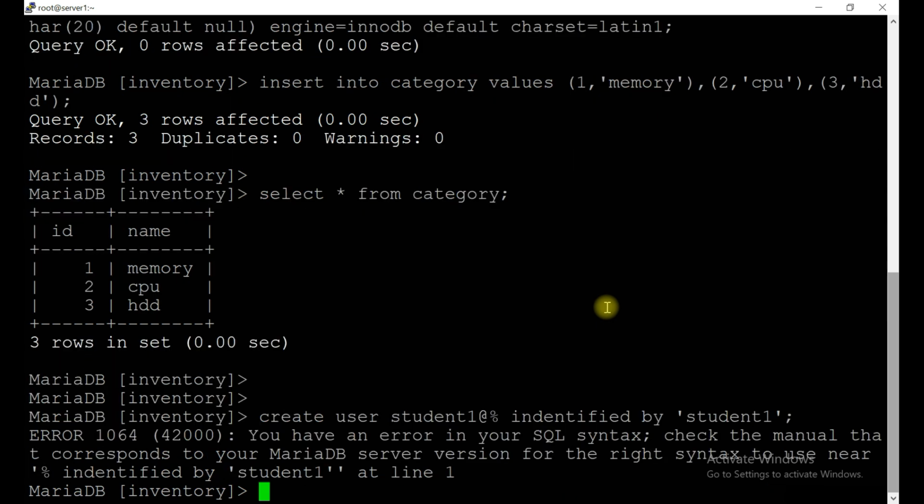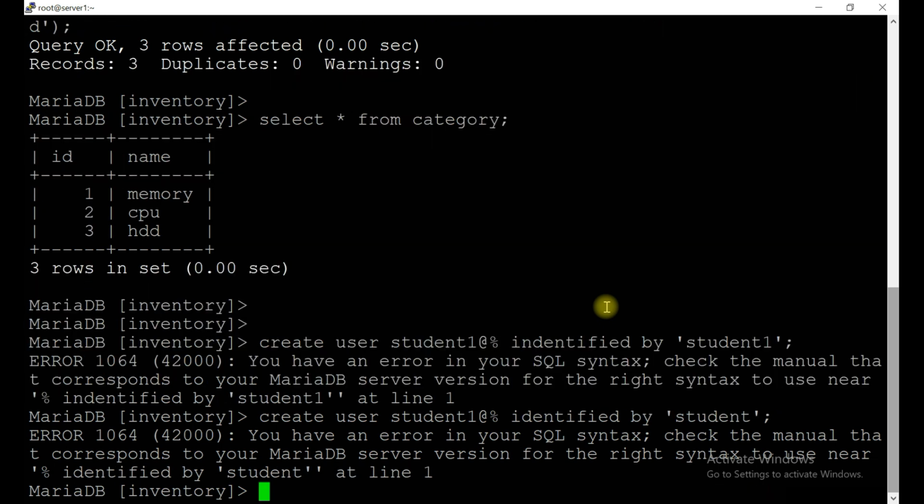There's an error. Student1 identified by student1, the password doesn't matter. Sorry, there is a spelling mistake here. Identified.